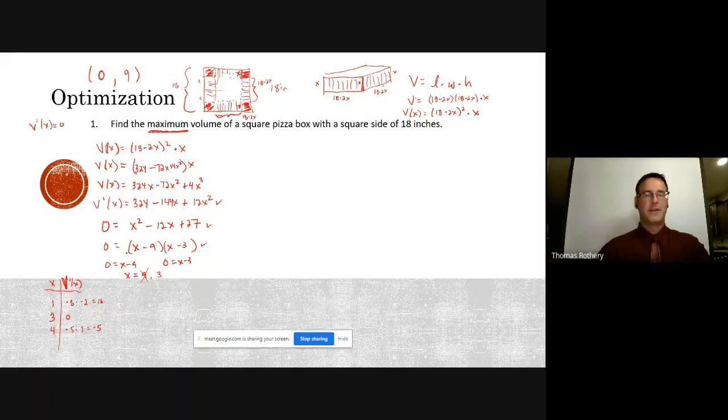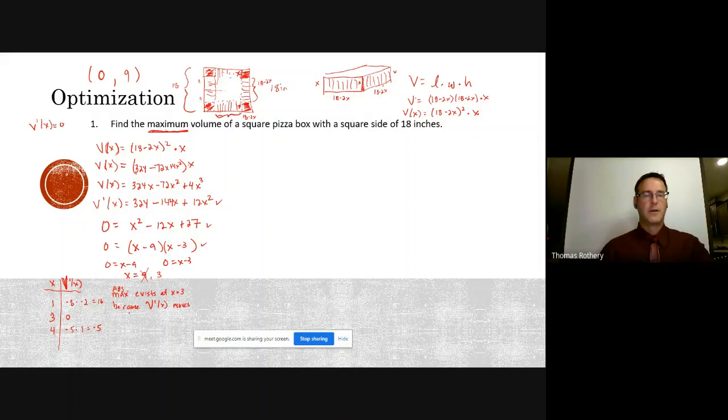What this means is that we do have a maximum. In this case, I could plug in 0 and 9, but again, those are my boundaries for my domain. It's not a closed interval because those would give me values of 0 for our volume. But in this case, it will be an absolute max at x equals 3, because v prime of x